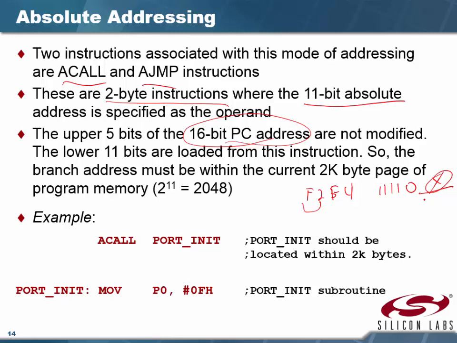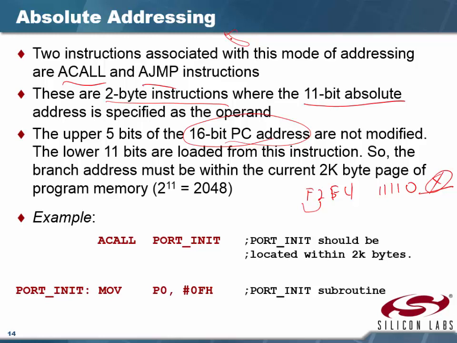In comparison to 1980, memory is cheap. I really don't, because quite often what will happen, and I say quite often because it's happened to me more than once, and I've written a number of projects using 8051 controllers where I've run into this problem, is that I'll stick an absolute call or jump into my code, I'll make some changes, and then all of a sudden that label crosses that 2K boundary, and if I'm lucky, I have an assembler or a compiler